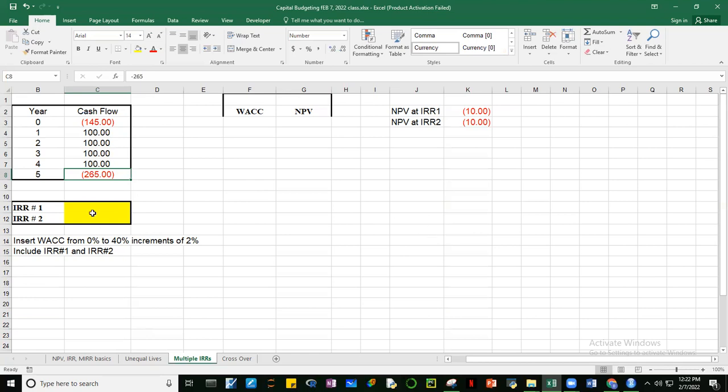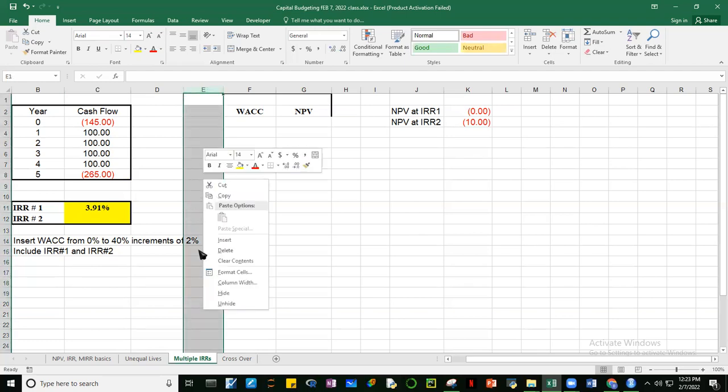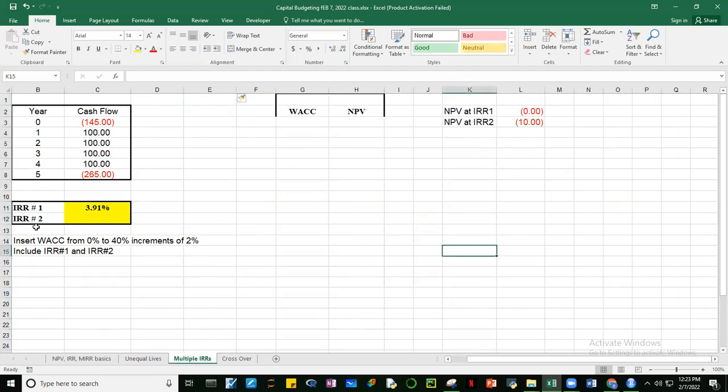No? But anyway, how do we compute for the IRR, the two IRRs? So yung una, IRR lang, and then values, yun lang. Okay, so that's 3.91. That is the first IRR, no? 3.91. Insert natin. Okay, how do you compute for the next IRR? Ganun din, IRR, highlight the values. Tapos dito na papasok yung guess, guys. Dito na tayo maglalagay ng guess.